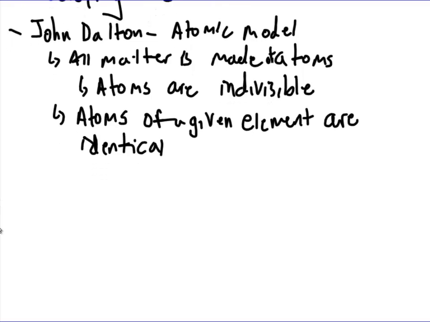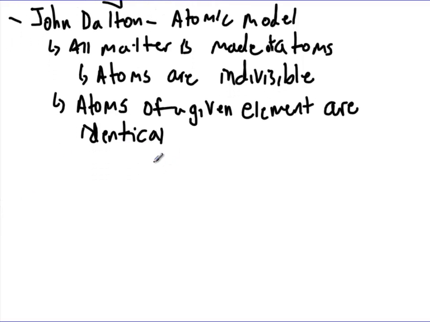So if we were going to draw a picture of Dalton's model of the atom, what he thought is that atoms were basically little tiny blocks, so we have this kind of spherical shape or whatever, and all atoms of the same element were identical and atoms of different elements were different. He thought maybe their shapes would vary slightly, or they had different little pieces on them to help them form bonds, but essentially John Dalton says atoms are as small as we can go, everything's made out of atoms, but atoms are indivisible. Which is all well and good, but when people propose things like this, other scientists take a look at that and they're like, well, let's see if you're right.